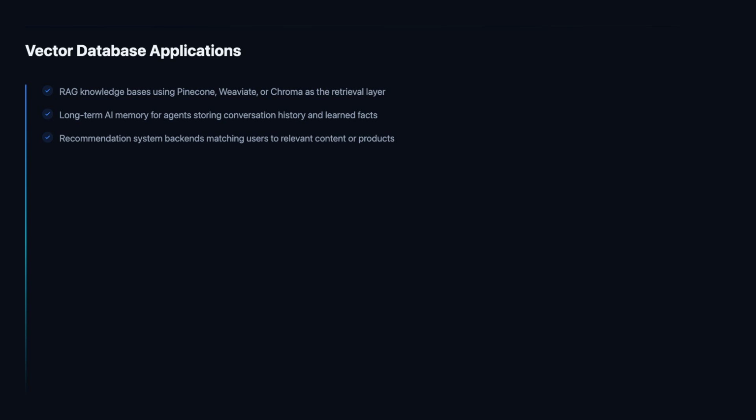Recommendation systems are one of the original applications of vector similarity search, predating the current wave of generative AI. By encoding users and items, products, articles, videos, courses, as embedding vectors that capture behavioral patterns and content characteristics, recommendation systems can identify the items that are most similar to a user's preferences or most similar to items they have